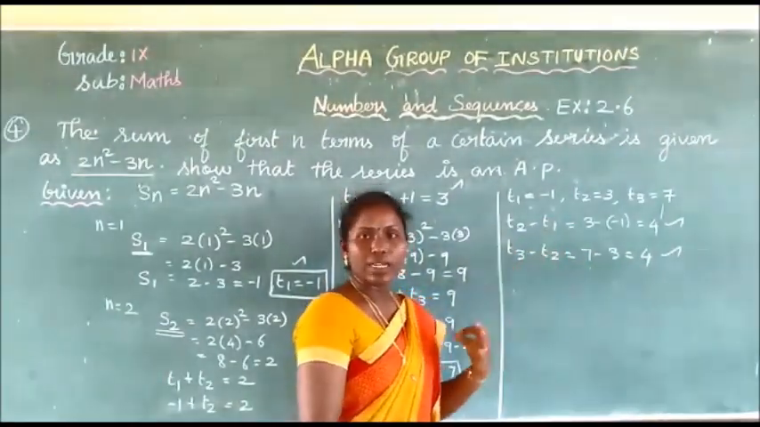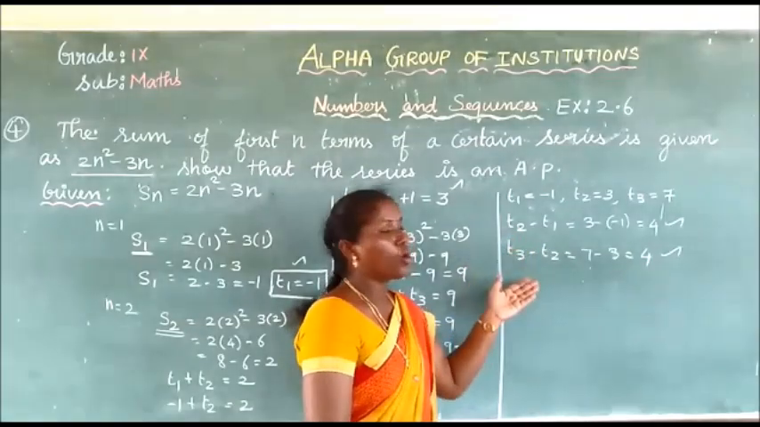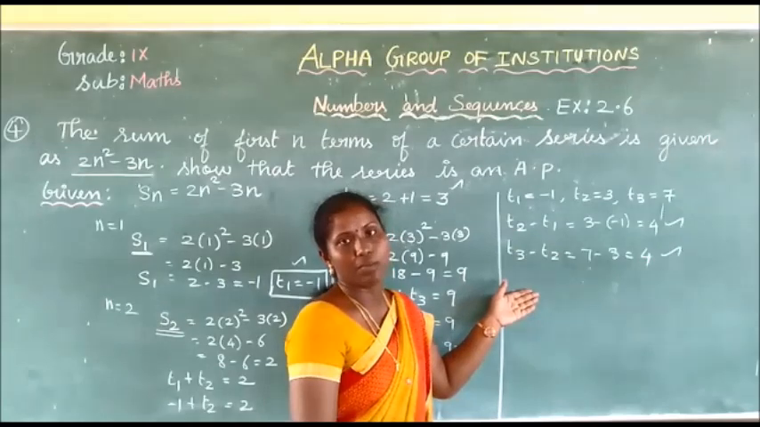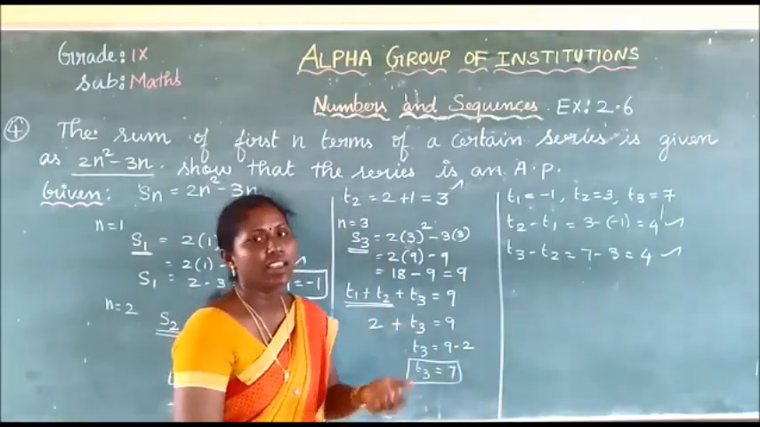Here we found only 3 terms, but when we are checking, the common difference is the same. So what about the given series? The given series is an AP. The reason